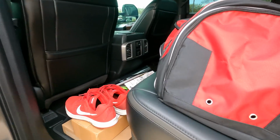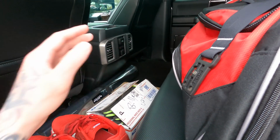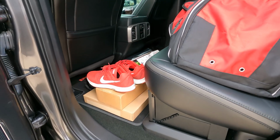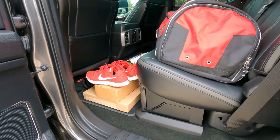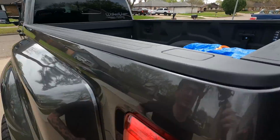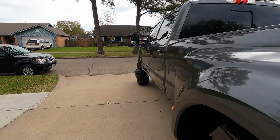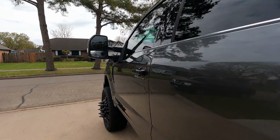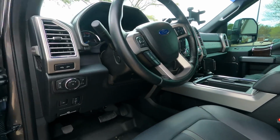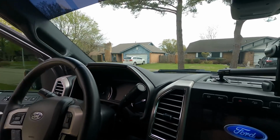Got some things packed. Billet coil covers or billet coil mounts from Mavin Motorsports. Some cylinder head, valve cover gaskets and stuff like that. Also have a set of LSA manifolds that we need to see if we can get the turbo kit going. But this is going to be the first, I guess, video of the